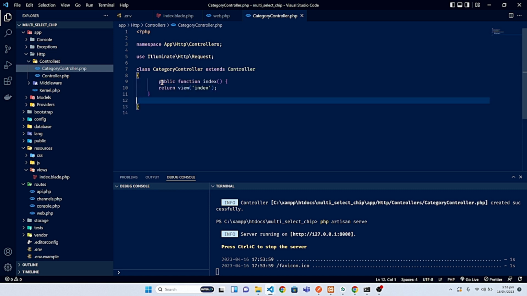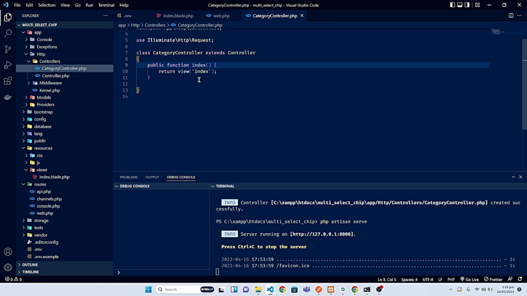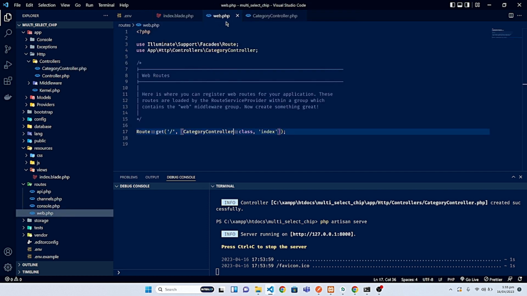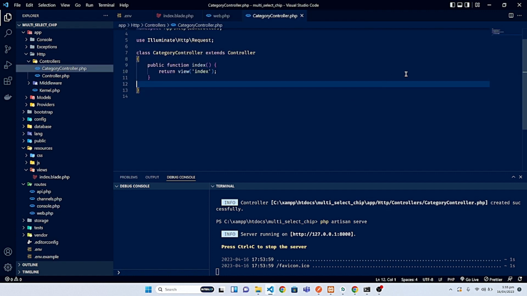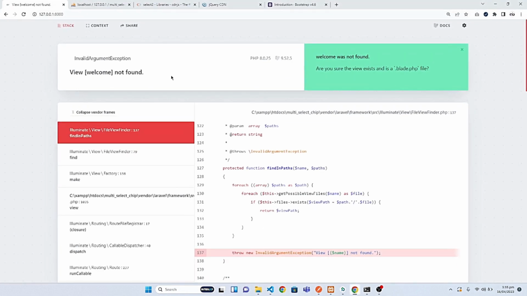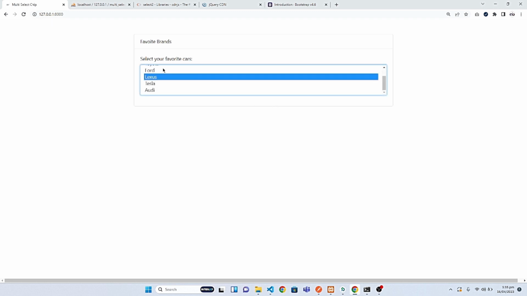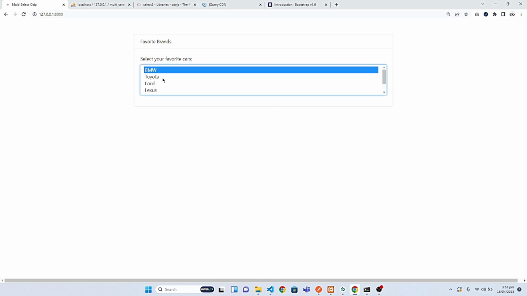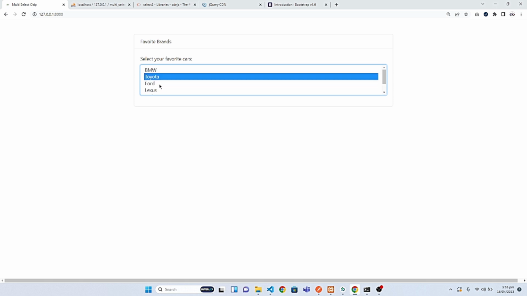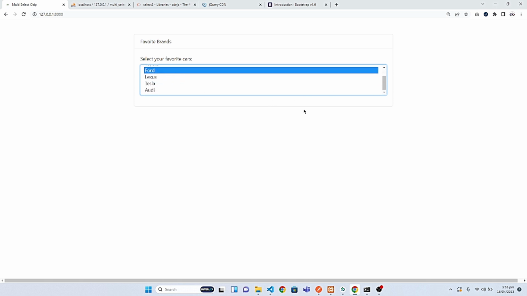So let's define a view, which is very simple, public function index, and that's the return view file. So this is the name of the file, remember that, and that's the route that we need, which is the root, right? All right, so let's go back to the browser and see how it looks now. If I go back and refresh it, you see it still looks incomplete because we are unable to select those chips. So I need to go and